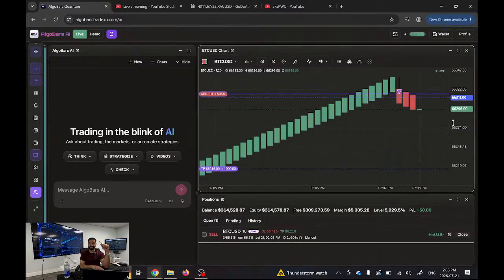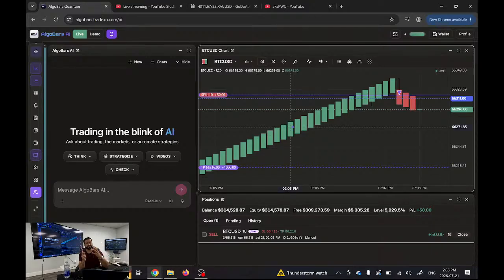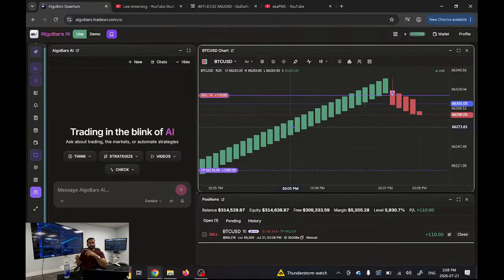So the range bars are different than the candlesticks because the range bars are based on point movement only. Only when the market actually moves are the range bars generated. Now, what's the benefit of that? The benefit is, right here we can see we were in a big uptrend, and as soon as we started